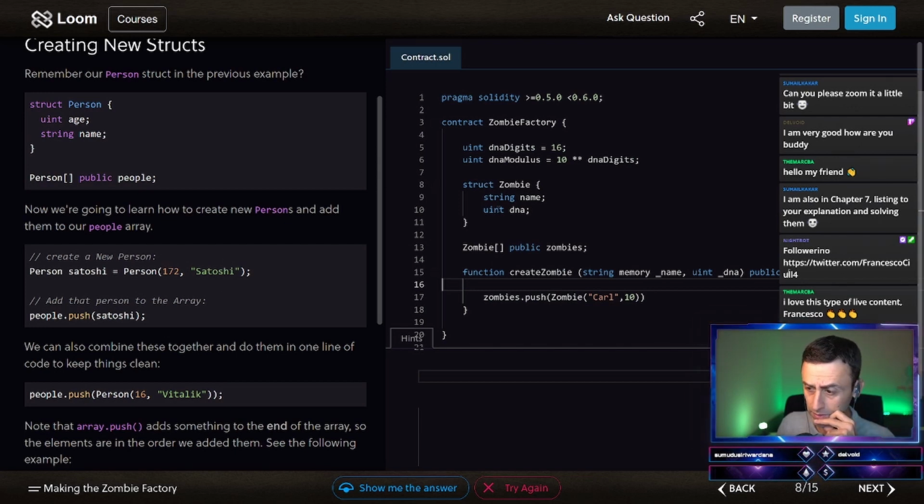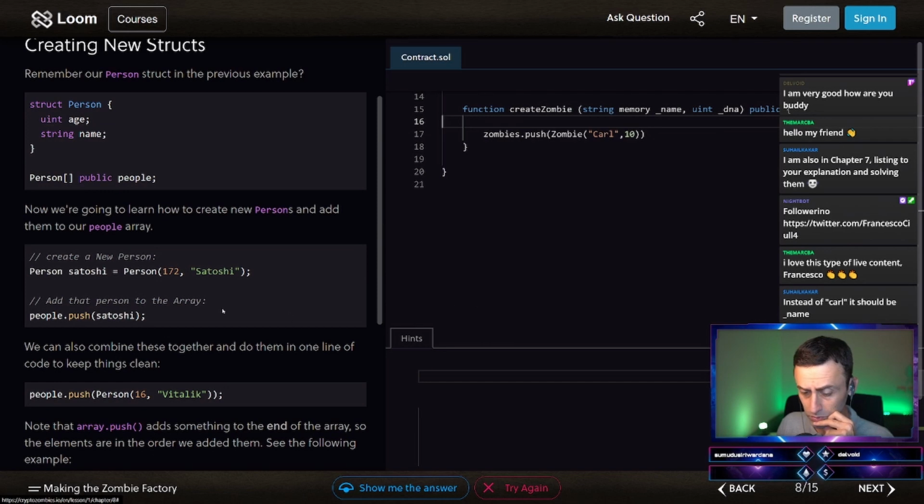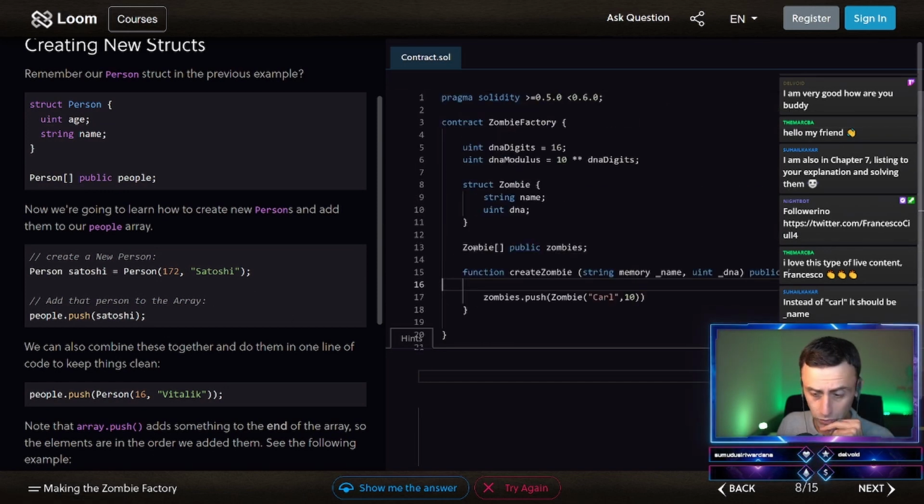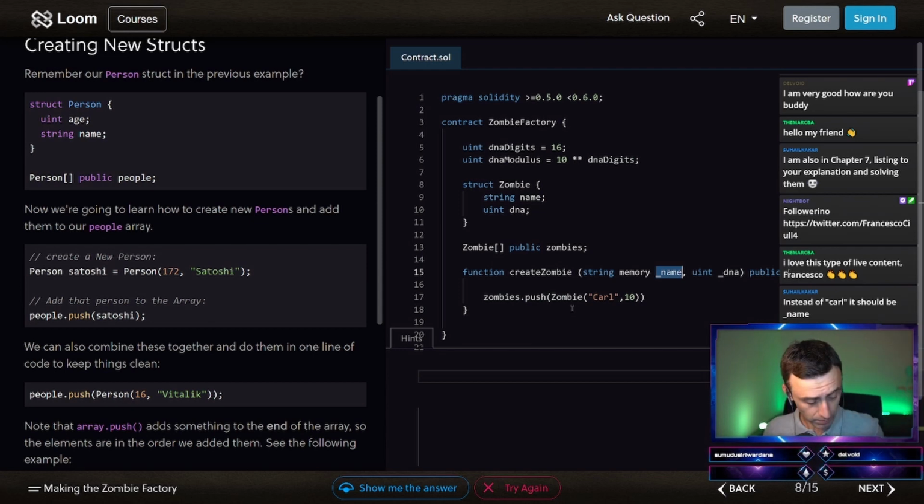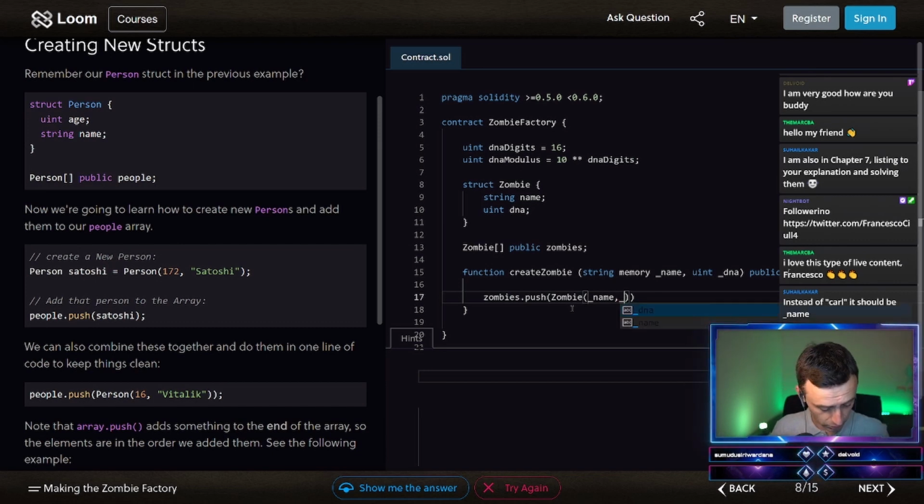Okay, this is okay. This looks okay. Instead of Carl, it should be underscore name. Right, because we are passing the variables. I was doing an example, and here the DNA underscore, of course.